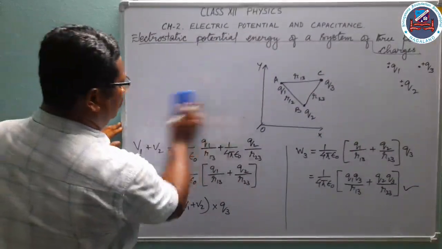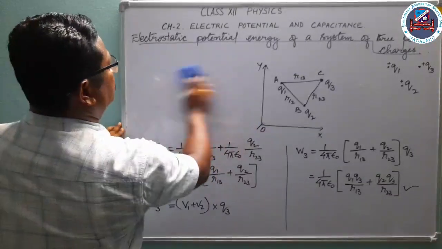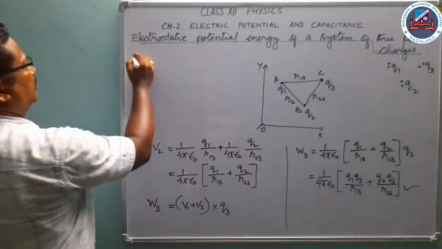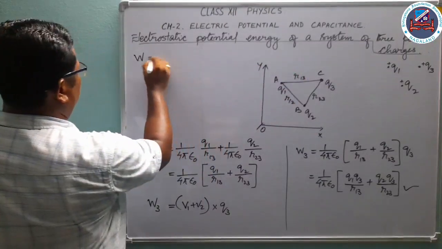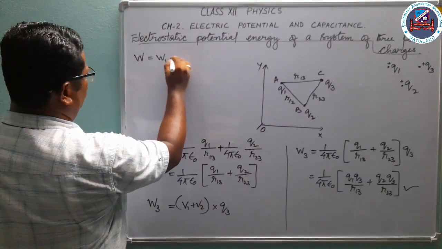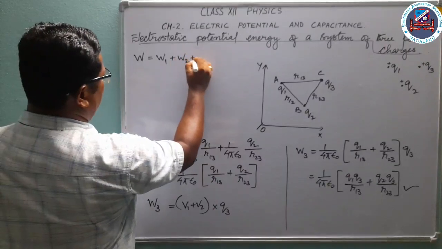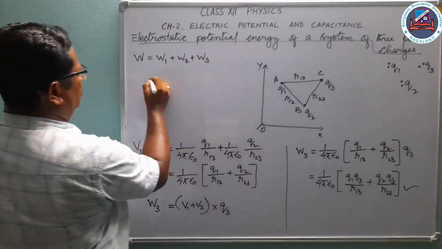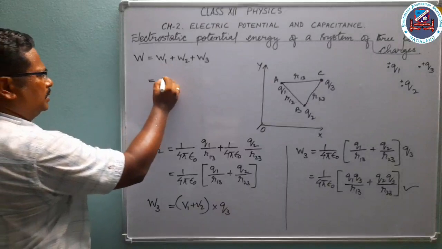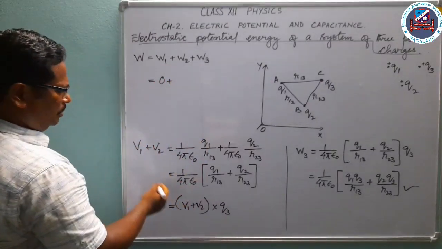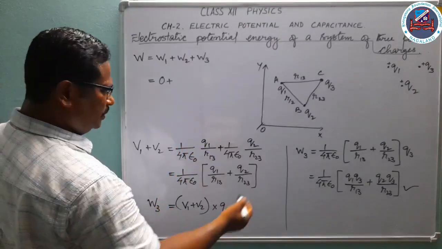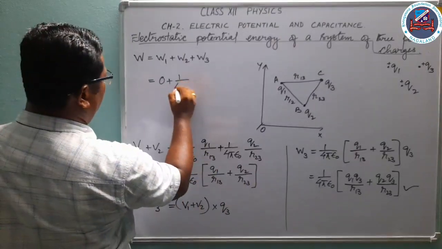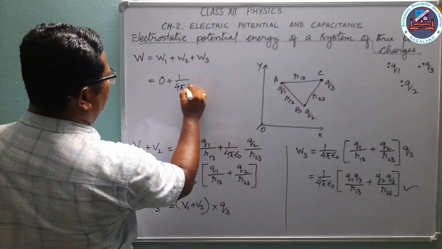So the work done in bringing the charges from infinity, all the three charges, will be the net sum of W1 plus W2 plus W3. So now W1 is 0 plus W2, you can see I have wiped off. It should be 1 by 4 pi epsilon naught